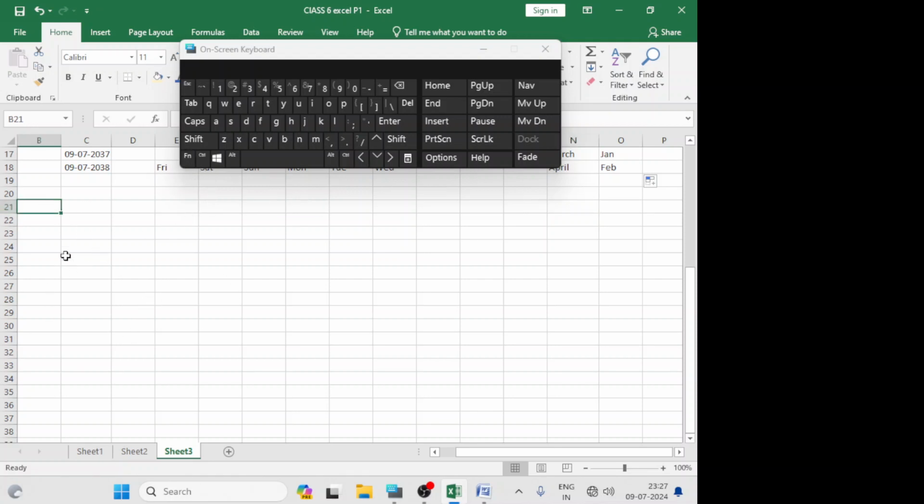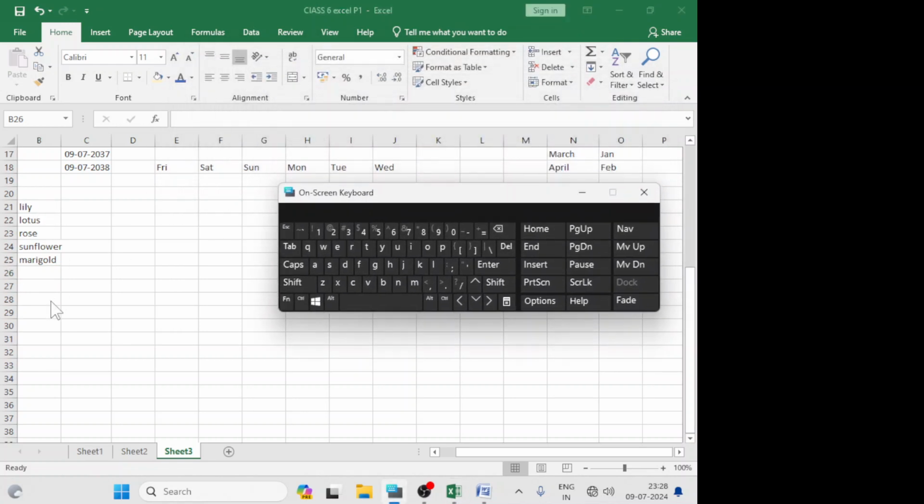First of all, type some flowers' names here, like lily, lotus, rose, sunflower, marigold. I have written these names here.